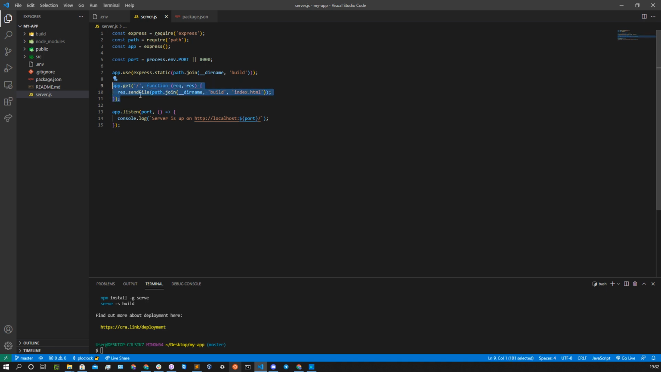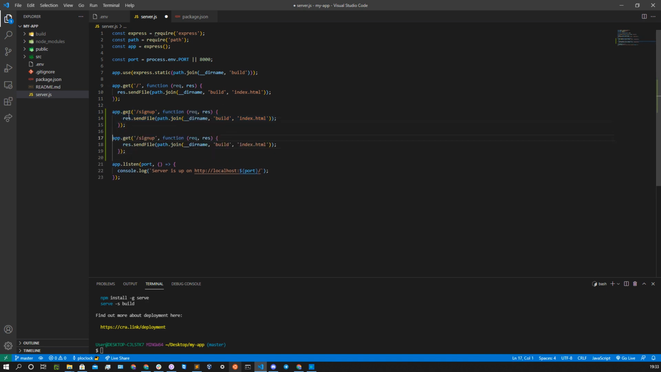If you have other routes, right? If you have, for example, a React router implemented in your React app, then you need to specify each single route. So if you have a sign up route in your React app, then you need to specify it just like that. And if you have a contact page, it's the exact same thing. You have to specify it, or else the server will throw an error when you reload the page,